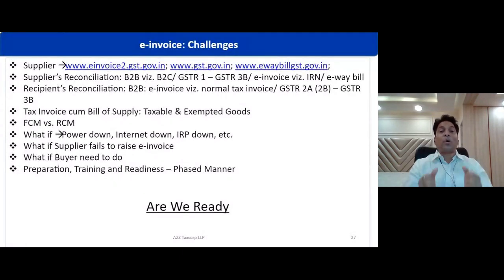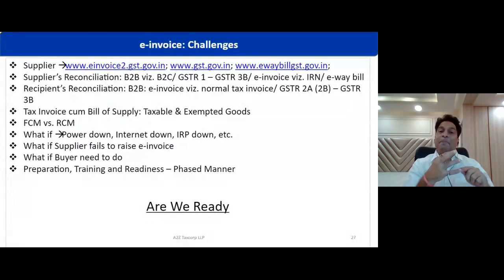But the QR code needs to be printed on the face of the invoice. And as a buyer, you can scan the QR code through the mobile app and check whether the particulars are authenticated or not for availing credit. So these are the preparations, but now you need to really check your sourcing department, sales department, accounts